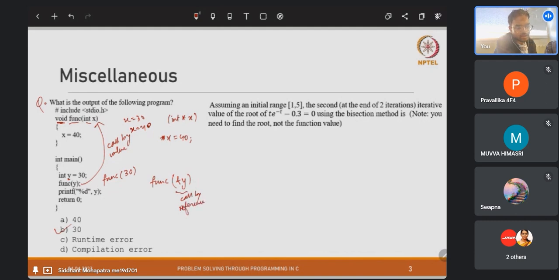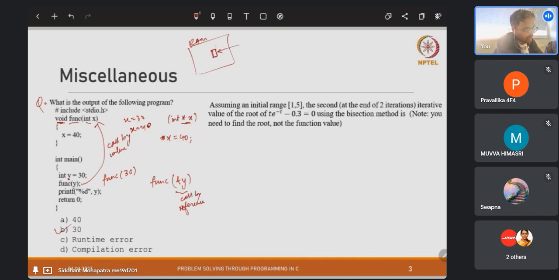Reference meaning the reference of the location of the variable. So when I write this ampersand y, that means it sends the location of this variable to the function that is called func, and then because this star x, this pointer x, still points to the same memory location that y is pointed. So in the RAM, say this is the RAM, we had some memory location, and we had